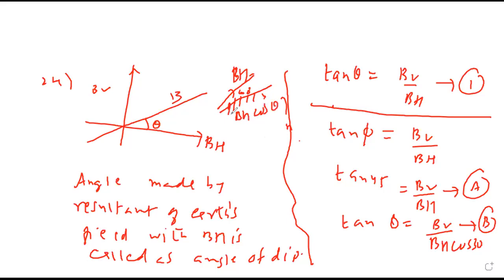Hello? Yes, sir. See, actually it should be along the meridian. But they are telling it is making 30 degree with the meridian. So along the meridian, it will be the meridian component of BH, its cos, no? Yes, sir. Because that needle will always be along BH, but that is making 30 degree with the meridian. So the meridian component will be BH cos theta. Okay. Yes, sir.